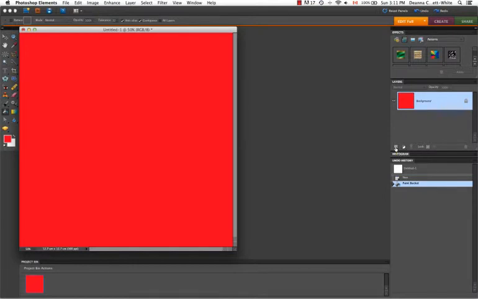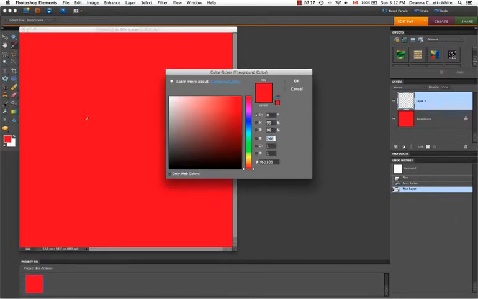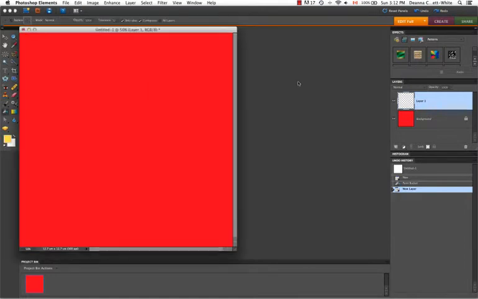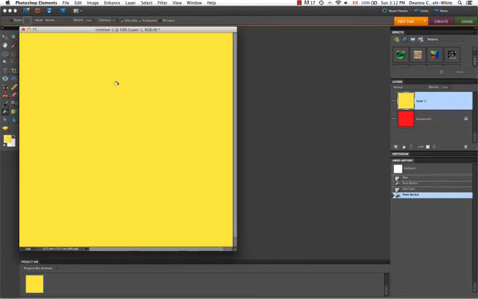So now I'm on my layer 1, and I want to make that yellow. So let's come here and go yellow. Because I'm on my layer 1, if I click with my paint bucket, I'm going to paint this whole thing yellow. And now I have 2 layers,